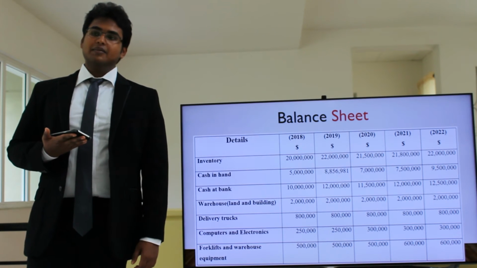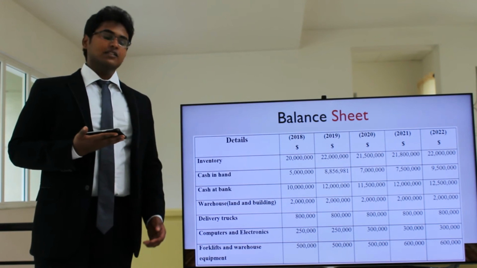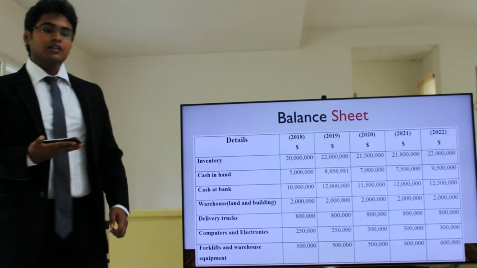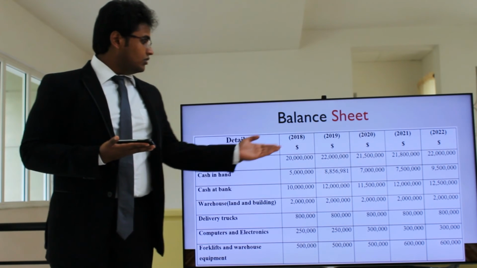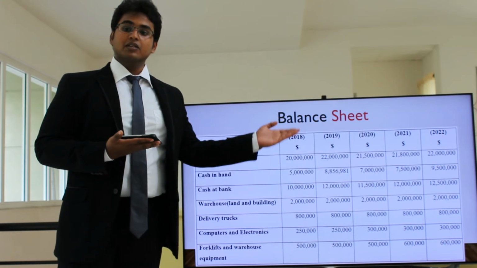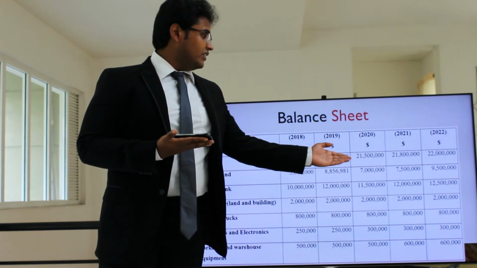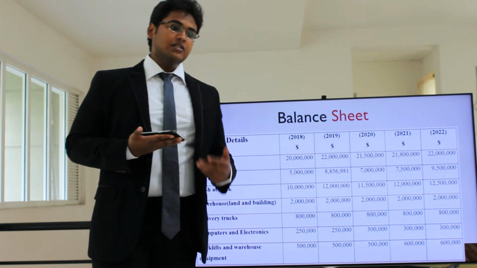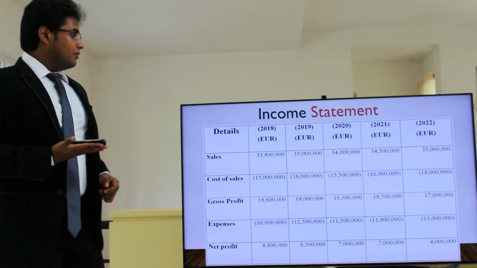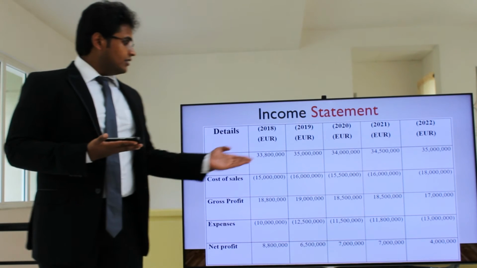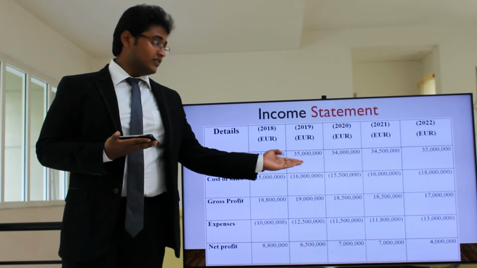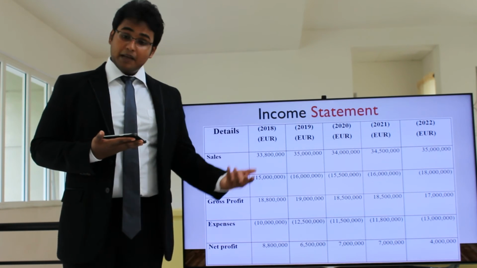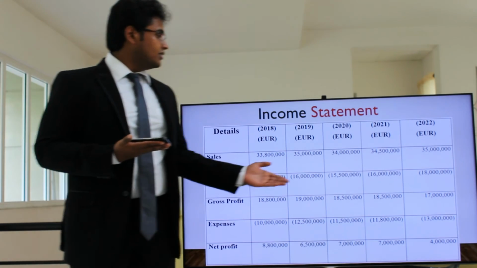Moving on to financial statements, this is the forecasted balance sheet for the next 5 years when the new strategy has been implemented. As you can see, when the business catches up in 2019, the inventory will increase because of high demand, and also we will see a decrease in inventory because it is forecasted that there will be damages due to weather climates. Moving on to the income statements, again sales have increased to 35 million euros in 2019. That is because when the business catches up, the sales would increase. However, the sales decrease in